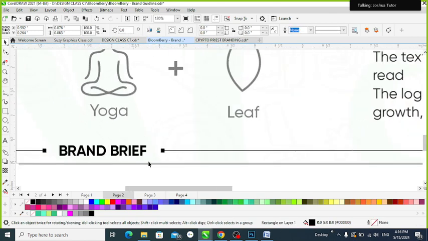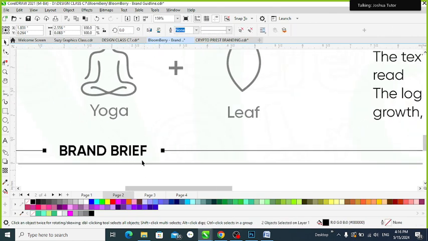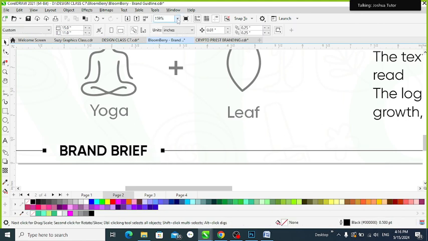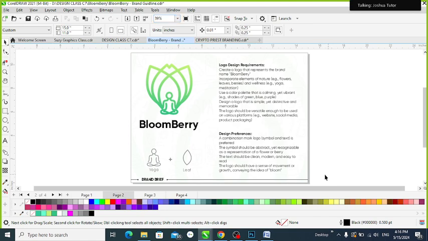I'm going to group these two together and ask it to be at the center of it. So this same thing that is here,